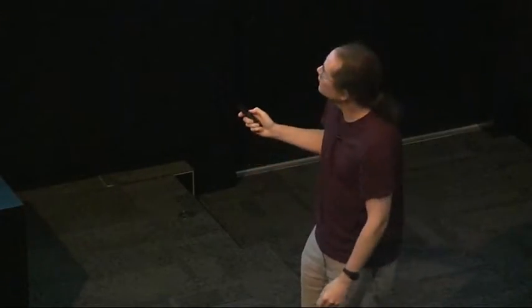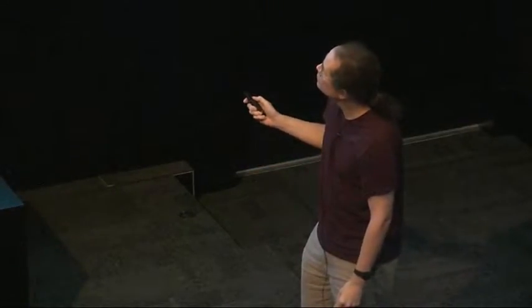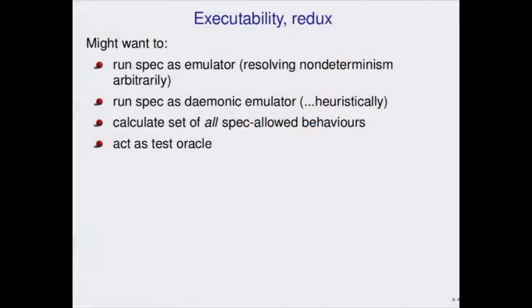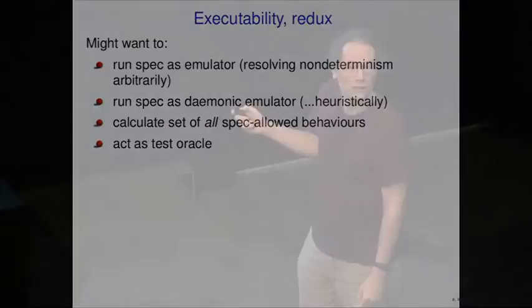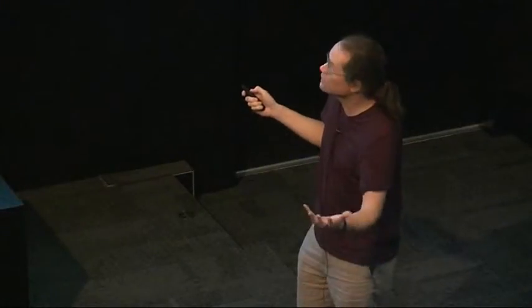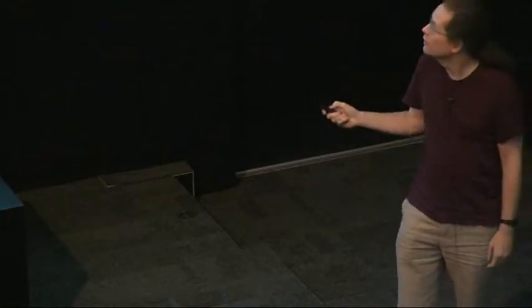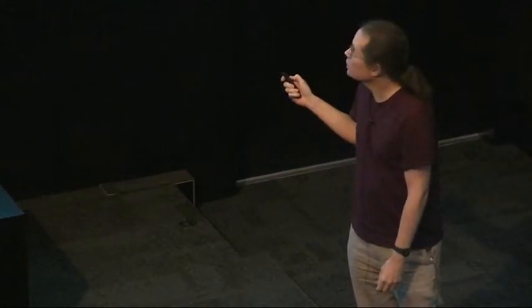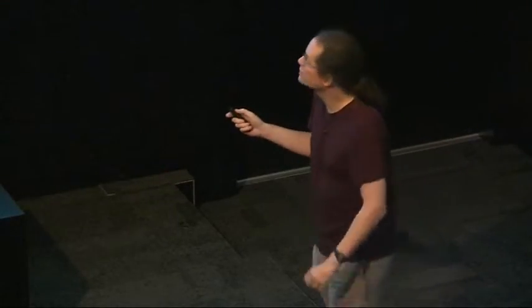Let's think again about executability. What do we actually need? Well, what might we want? Given any kind of a spec, we might want to do lots of very different things. So one thing is to just run the spec like an implementation, as an emulator, just resolving that non-determinism any old how. That's useful. Another, run the spec as a daemonic emulator, using some heuristics to pick interesting paths.